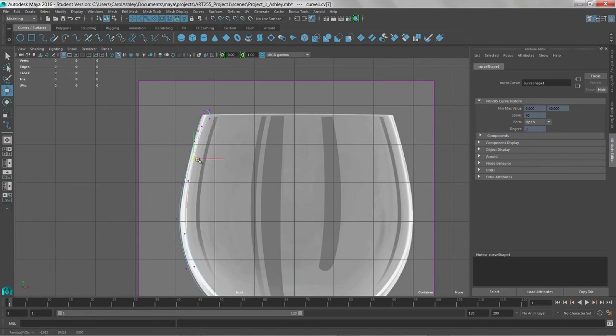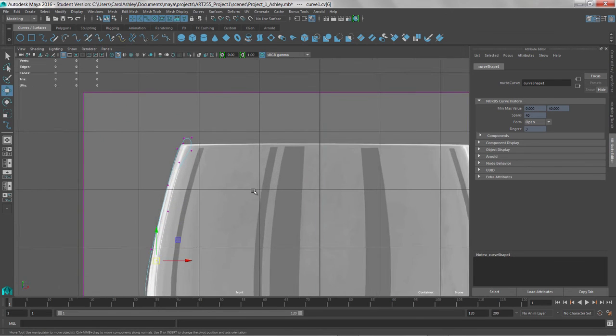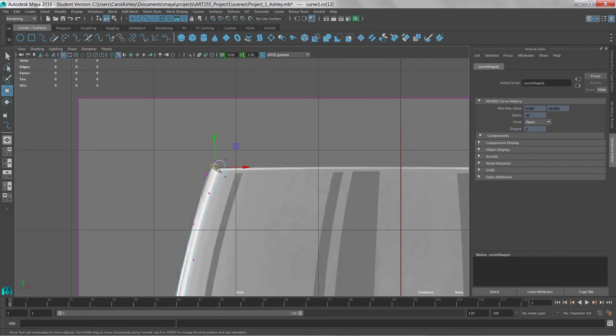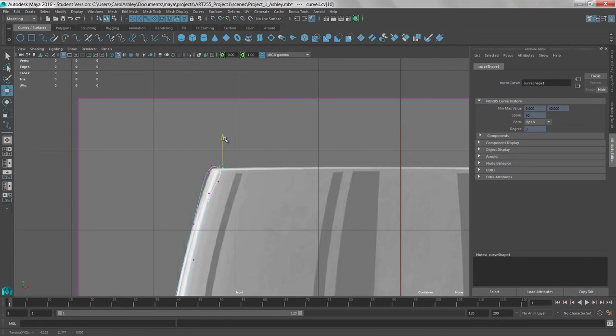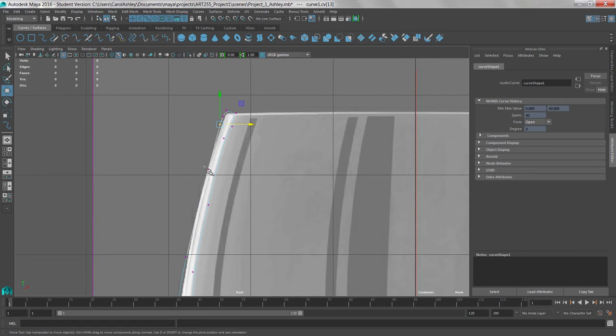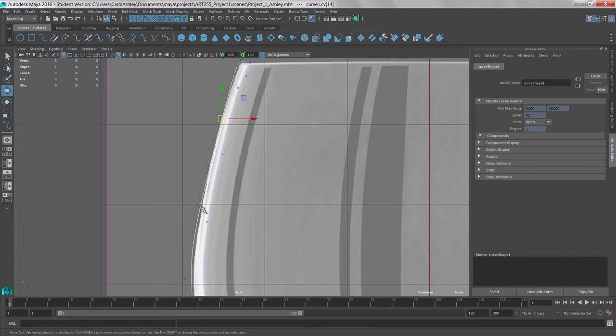Okay, I've got this one out here a little too far. This point here I could probably drag down. I'm a little off on the curve. Okay, and then the lip up here kind of needs a little help. I'm going to just tighten it up like that. And we're going to be going for kind of a stylized, cartoony look. So I'm going to make this first pass fairly accurate to the photograph of the glass, and then we're going to come back and have some fun with it and modify it and kind of make it our own unique glass. So I'm going to pull this one up here